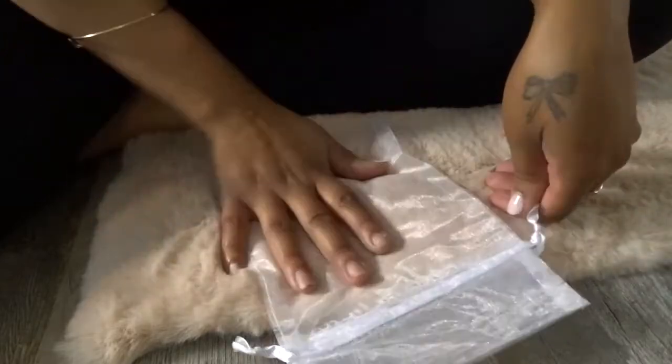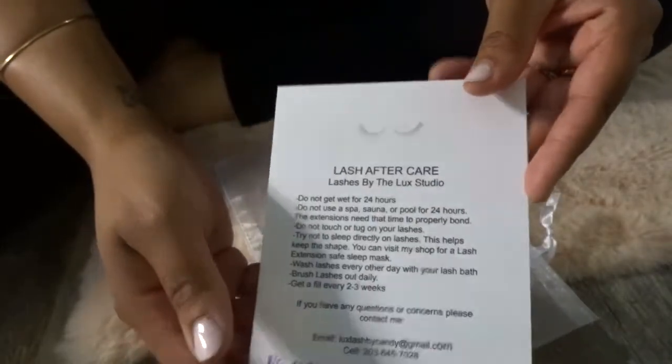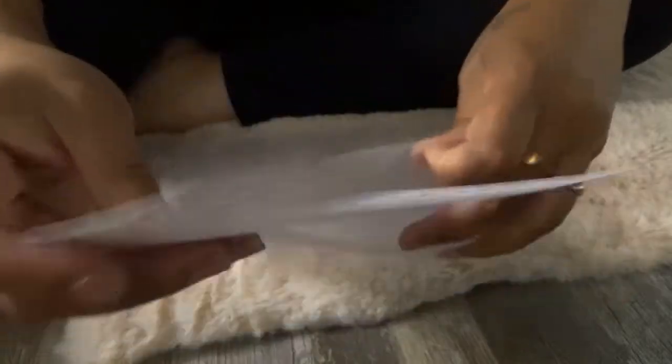Alright, so we're going to start with the bag, and the first thing I put in is my aftercare card, and I did write a little extra note at the bottom because I forgot to add that in. No mascara or eyeliner unless oil free. So we're going to slip that right in here